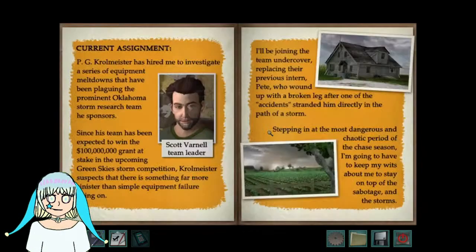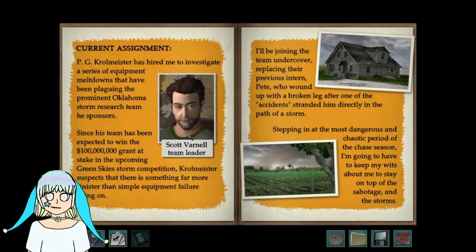Alright, here's our case file. PG Krollmeister has hired me to investigate a series of equipment meltdowns that have been plaguing the prominent Oklahoma storm research team he sponsors. Since his team has been expected to win the $100 million grant at stake in the upcoming Green Sky Storm competition, Krollmeister suspects that